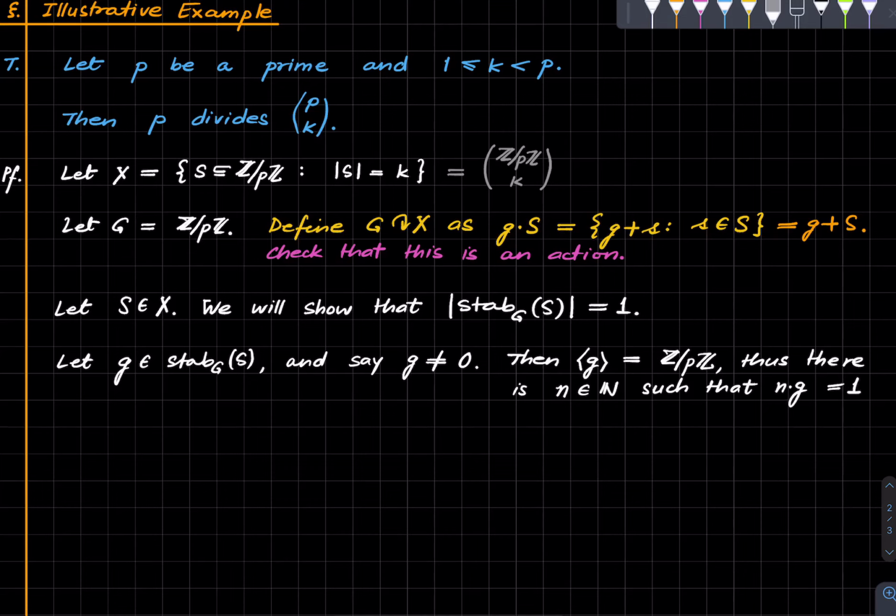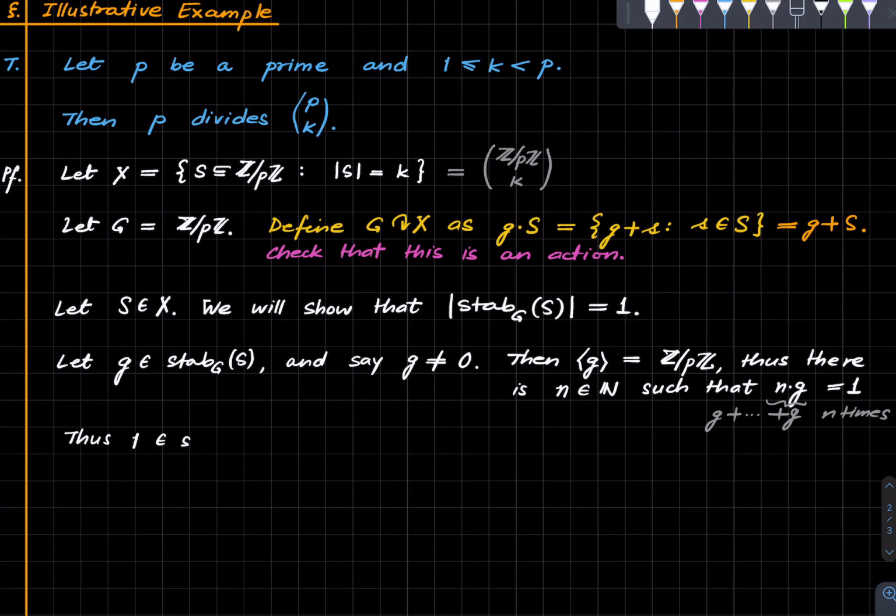What is n dot g? n dot g is a shorthand for g plus dot dot dot plus g, n times. So this is n times, just a shorthand. Immediate by this equation, we have the existence of such an n, and therefore